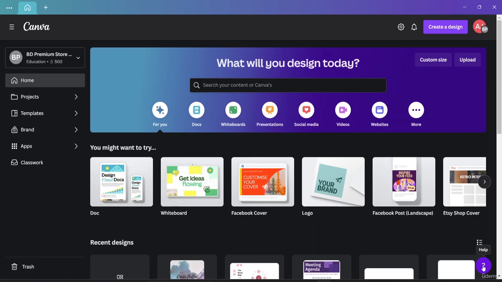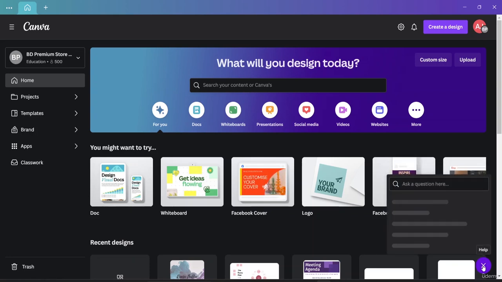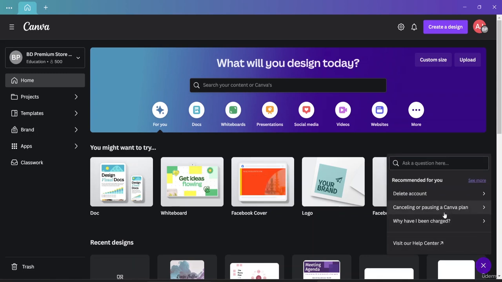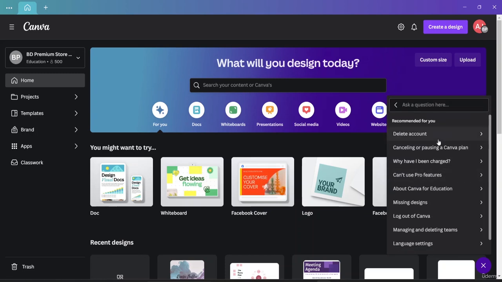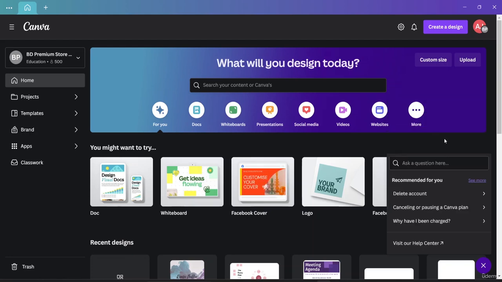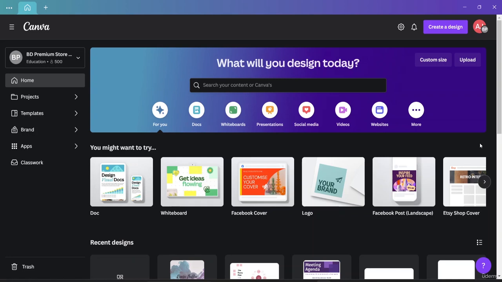And if you need any kind of help regarding this app, if it's not working properly, in that case you can always click on this one and reach out to the help center. And here you can see some recommendations for you, like what people mostly search. If you have any missing designs, what you need to do to get them back, you will have all these helpful tips and tricks here. Okay, so these are these things. Same here, this is the